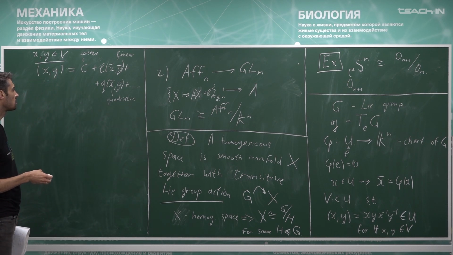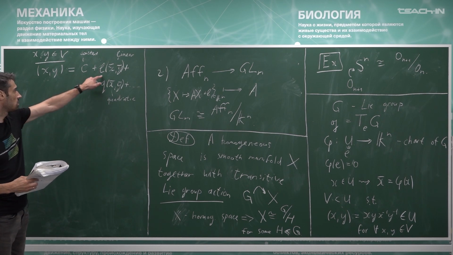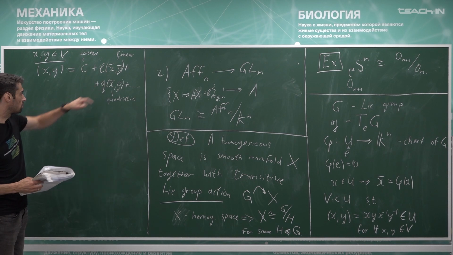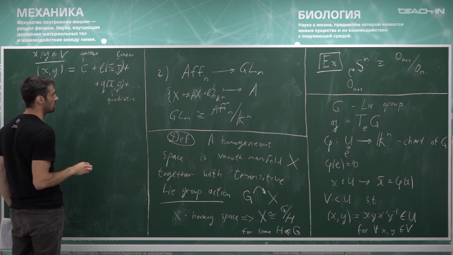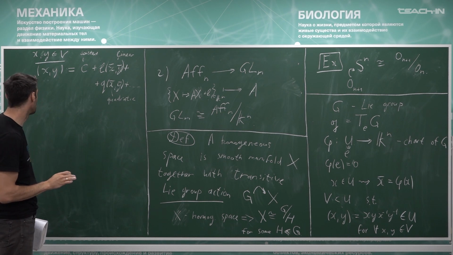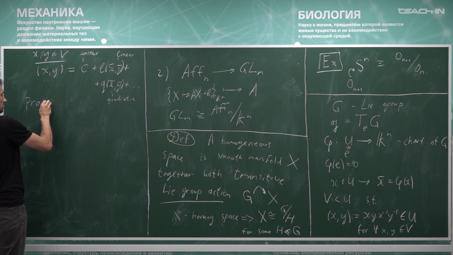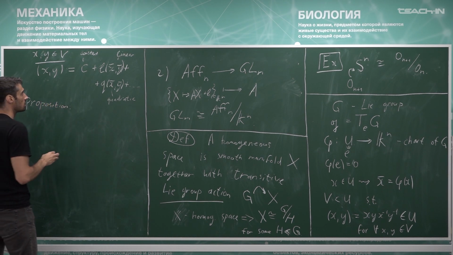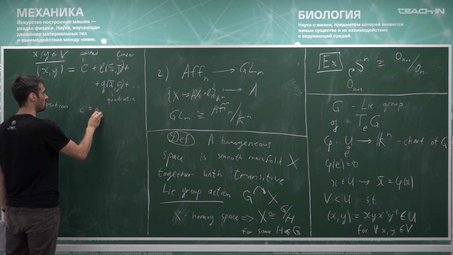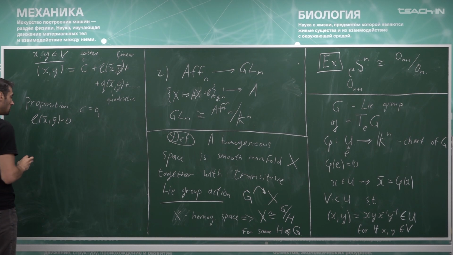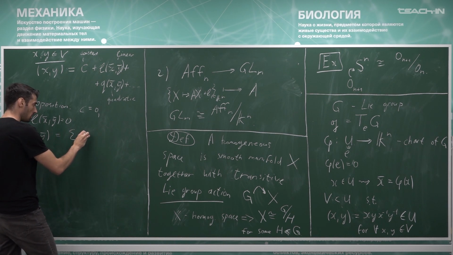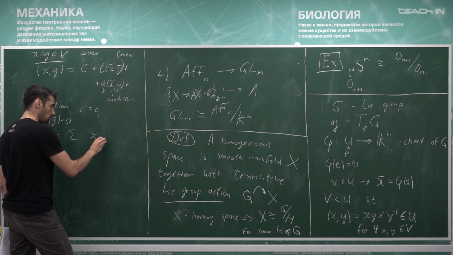Now I would like to make an observation that actually C and L are 0. And so maybe in form of a proposition. So then these dots mean that I have terms of high degree in x bar and y bar. And the proposition is that actually C is 0 and L is identically 0 for any x and y. And actually Q of xy has the following form. It consists only of mixed terms